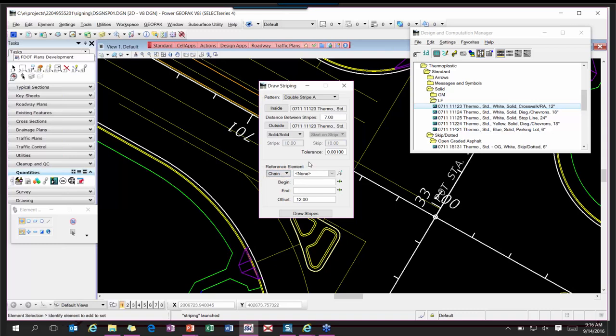I have to have the alignment information exported out from the roadway design file into the GPK file so that you guys can use this tool. Okay, but that is an option. You select the chain that you want, and then you get the beginning and end station of the chain, and then you can modify that. So I could say from 701 to 705, and it would only draw between the station limits